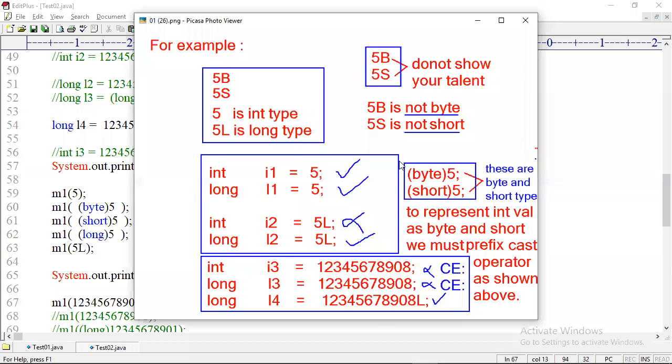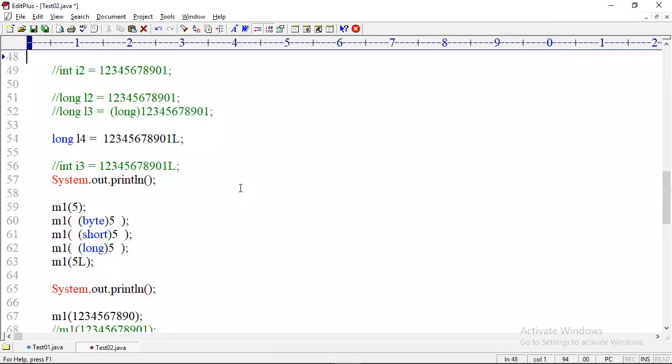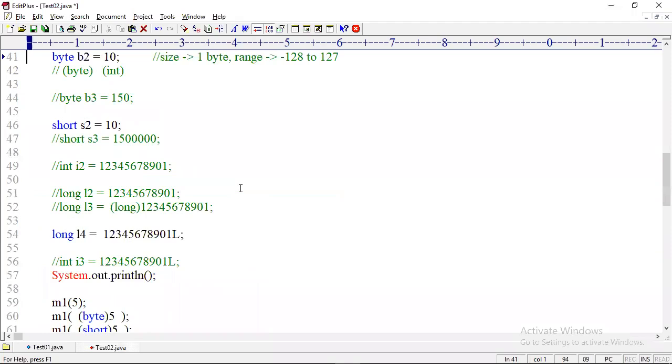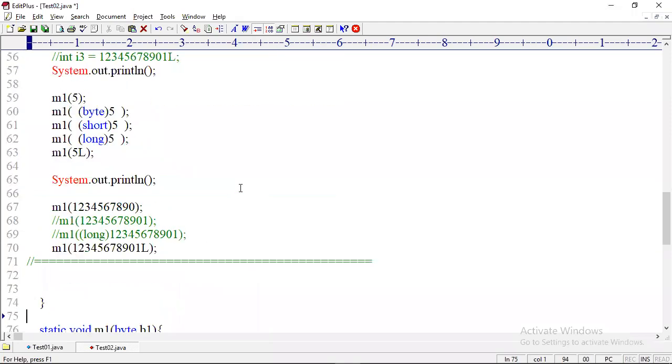Up to here, I hope everybody got clarity. Now I want to give the final conclusion. In projects, 99% of the time we will use the int data type only, because we don't use numbers too large, exceeding the int range.